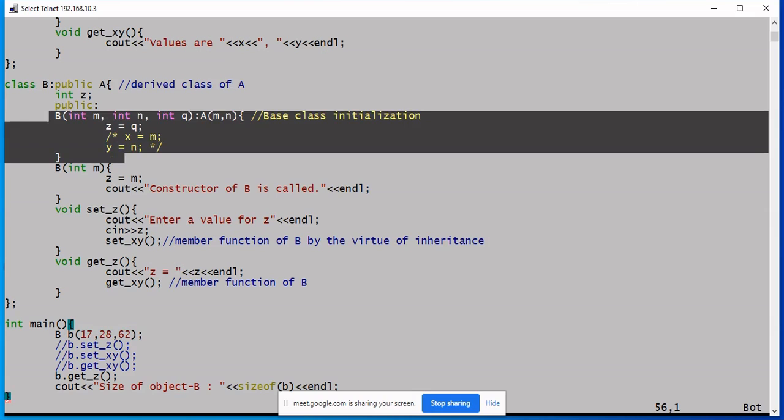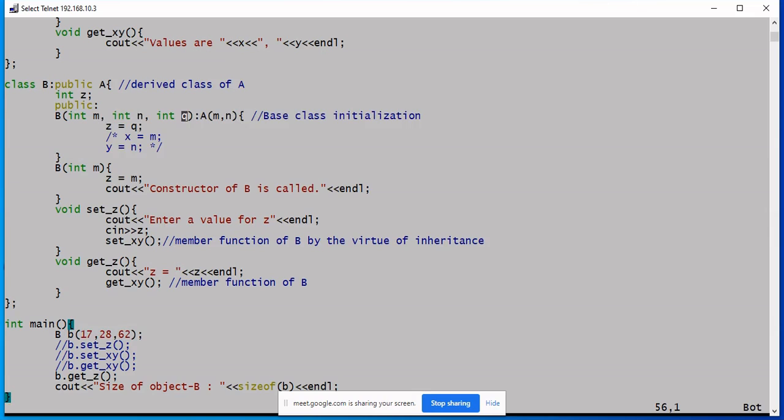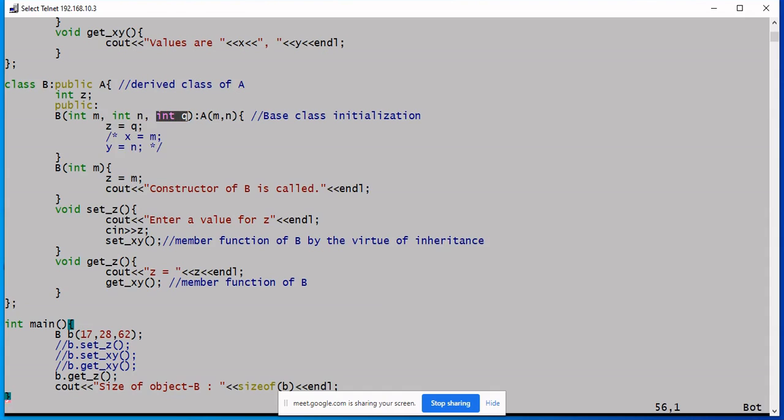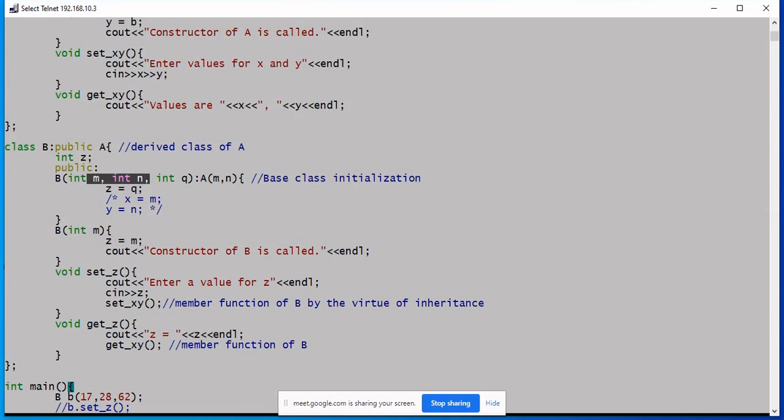That's why I have written here the code for a parameterized constructor that accepts 3 values. Though I have 3, I cannot use them to set them for the private variables x and y. They are not accessible. So what I do is, I use one of them. In this case, I make use of q and assign it to z, and I am left with 2 values which I intended for x and y.